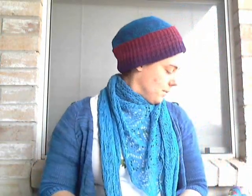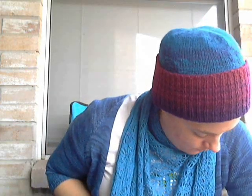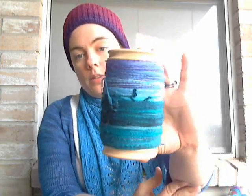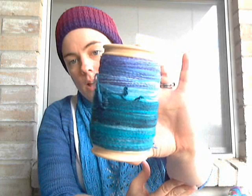Okay, on to spinning. So, as I mentioned earlier, most of my at-home crafting time was spent spinning this week, so I ended up finishing the first half of the singles for the Hita Fude. So this is Alicia Goes Around